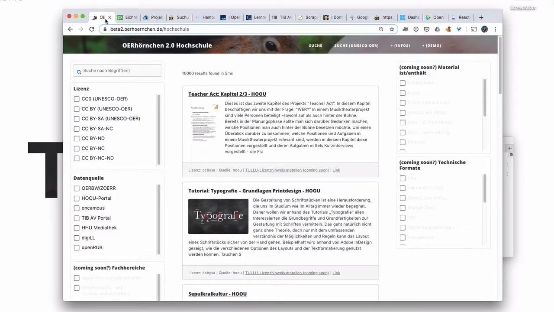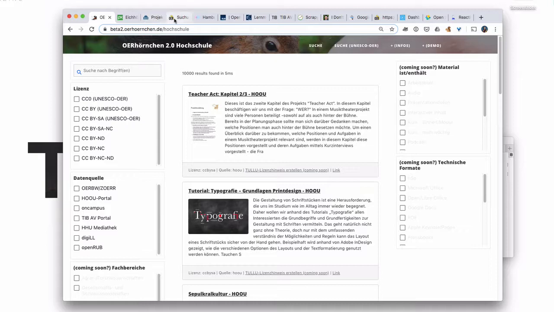What I did here in the prototype is I combined different data sources from different OER projects, and I will come back to this a little bit later. But what was my initial problem? My problem was we don't have such a search right now, which is, by the way, very quick and dirty, and it only has a title, description, and a preview image, as well as the license, which is very important to me. But my problem was we have different sources, like here in a federal state, we have